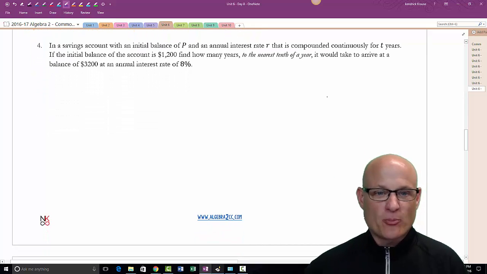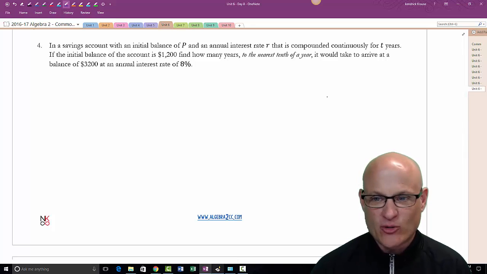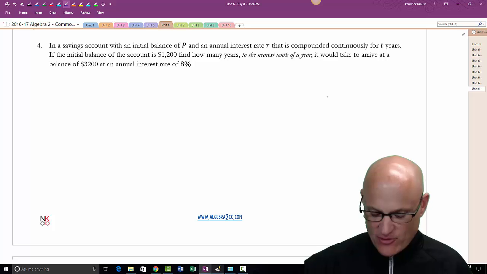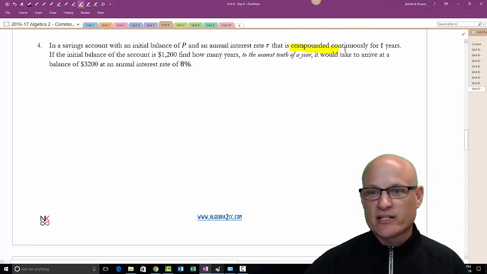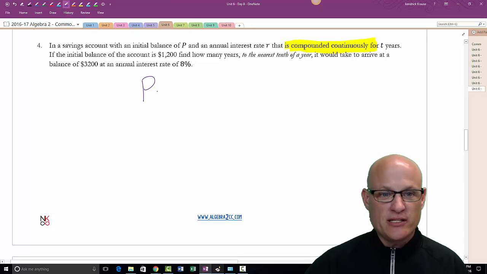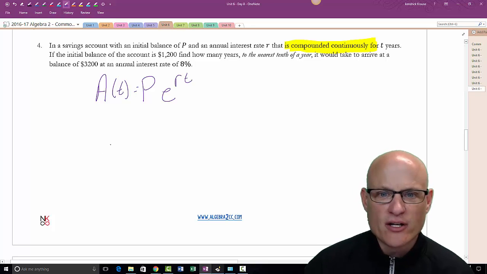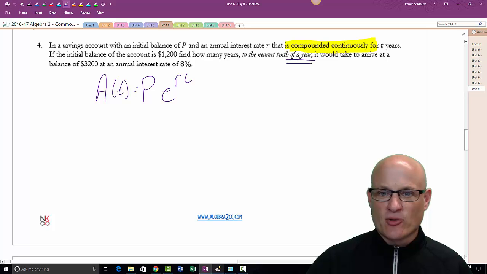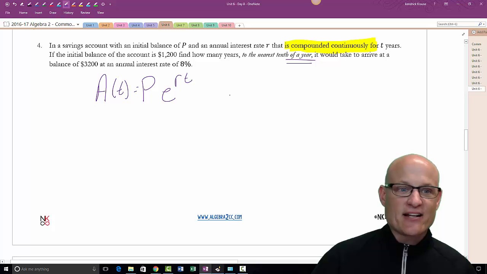In a savings account with an initial balance P and an annual interest rate R that is compounded continuously for T years. Compounded continuously. You got to start looking for these words right here. Compounded continuously. All right? If I see compounded continuously, that's A sub T equals P E to the RT. All right, so let's just get going. Find the nearest tenth of a year, so I'm looking for T. This one's going to be one we're going to have to turn into a log